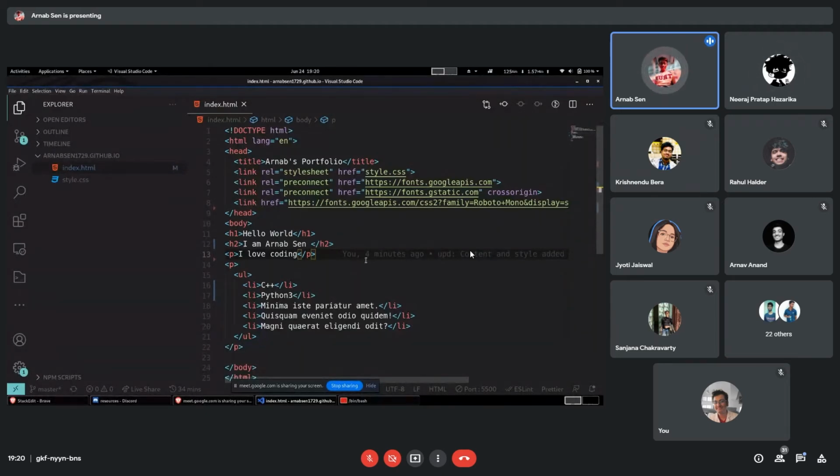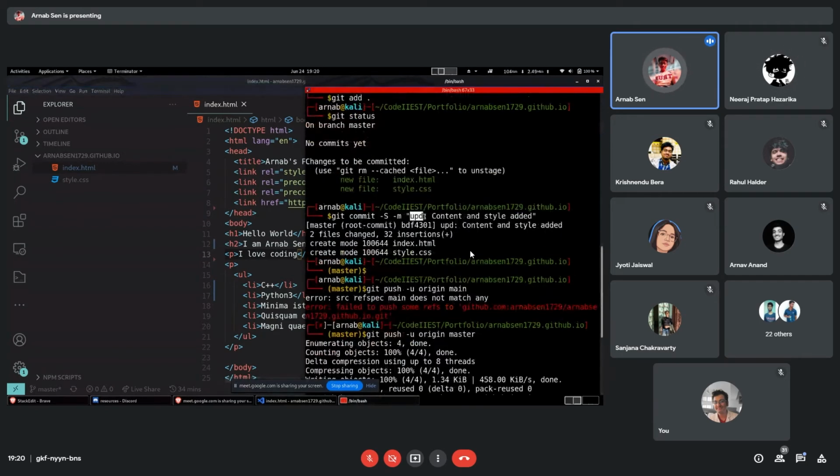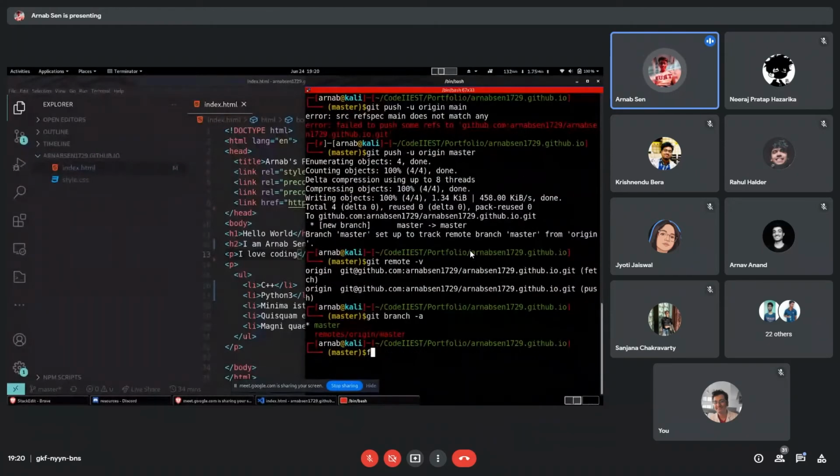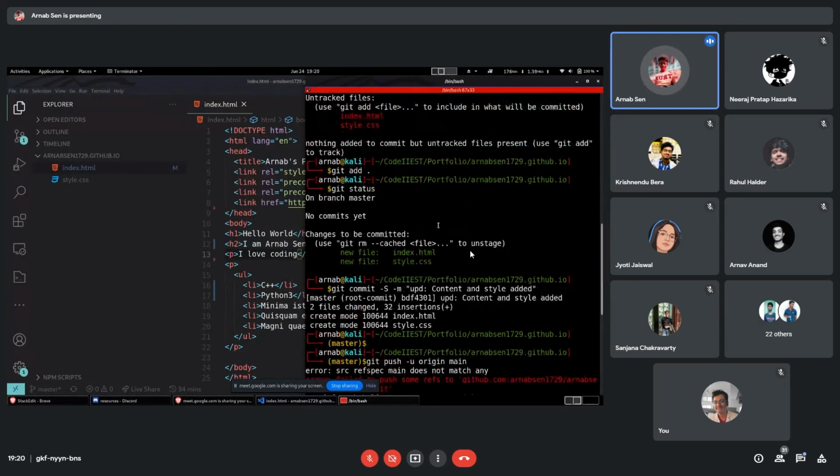Whether you're working in a particular organization, certain organizations go to lengths to make sure you follow a particular format. Like I just did, something like UPD. So there are certain things: if you add a particular fix, then you have to write fix colon. If it's a feature, then FT. So these are the things which you need to follow. There is much more you can add.